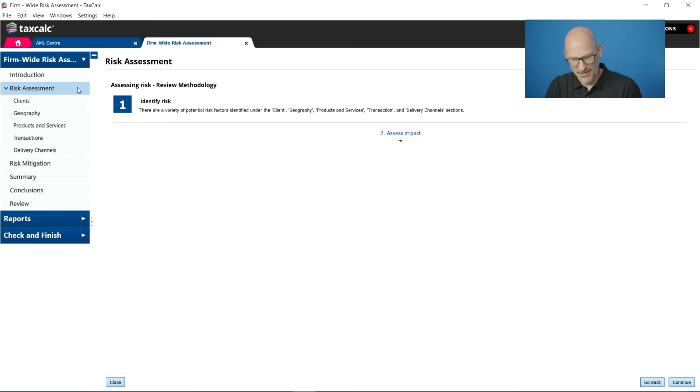So if we can just see down the left-hand side there, we've got the different risk assessment areas: clients, geography, products and services, transactions, and delivery channels. These are all the areas taken straight out of the guidance. And just on this first page here, again, as I mentioned earlier with the explanatory videos,